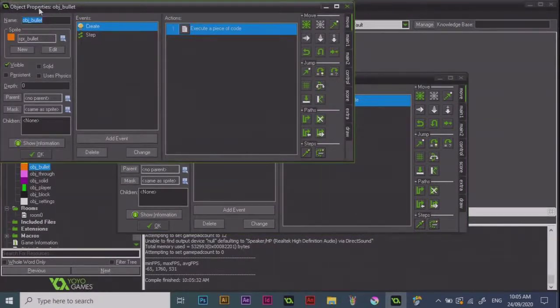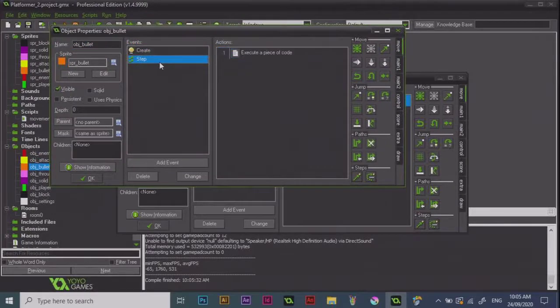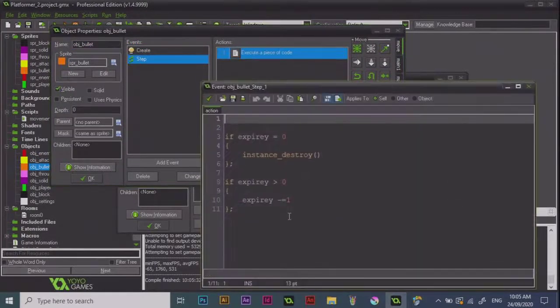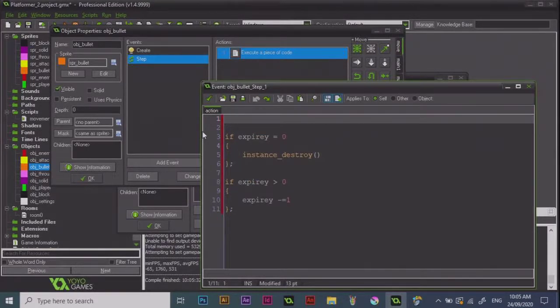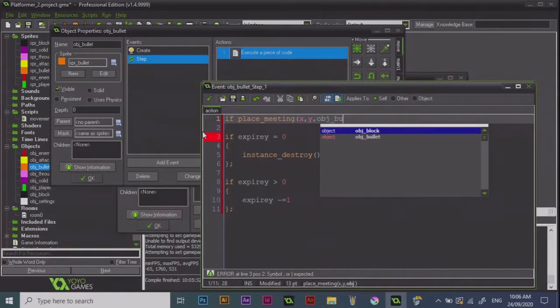So we go to the bullet and we go to the step event, and then we'll just go down the bottom here. Or maybe not, maybe keep it at the top. We've got it copied and pasted already from when we did it last time, but we're going to write it out anyway. So if place_meeting(x, y, obj_enemy)